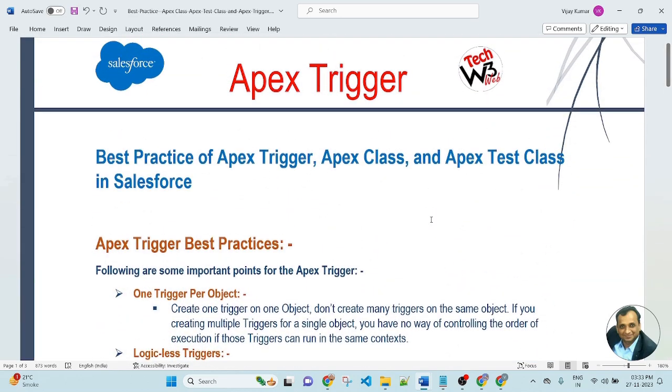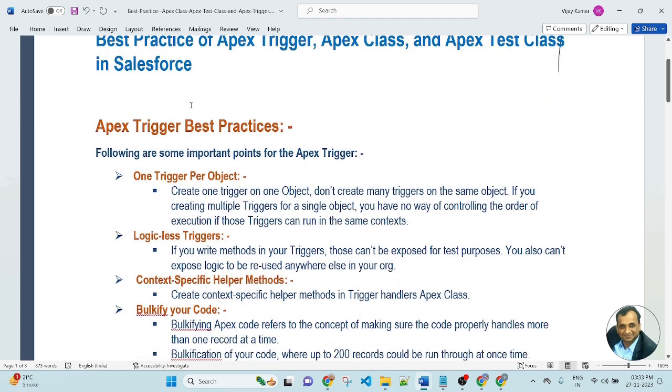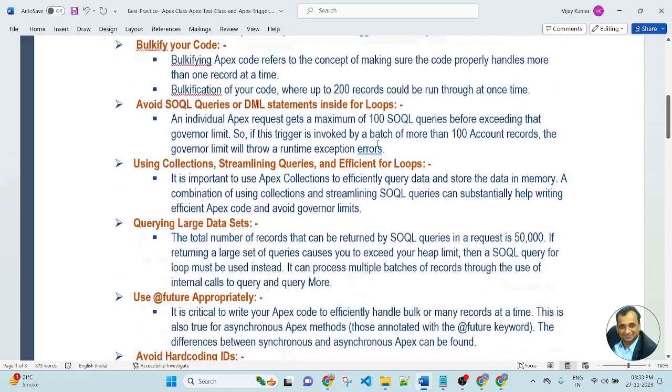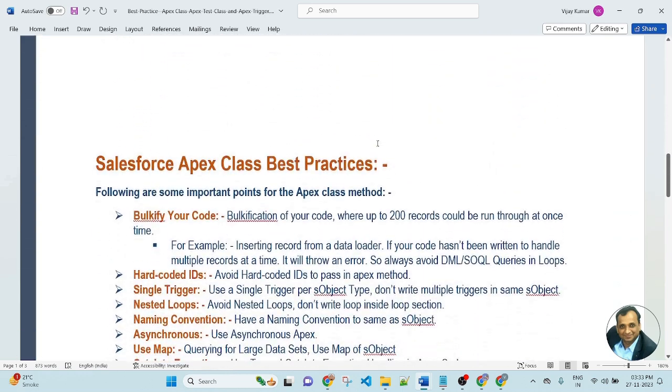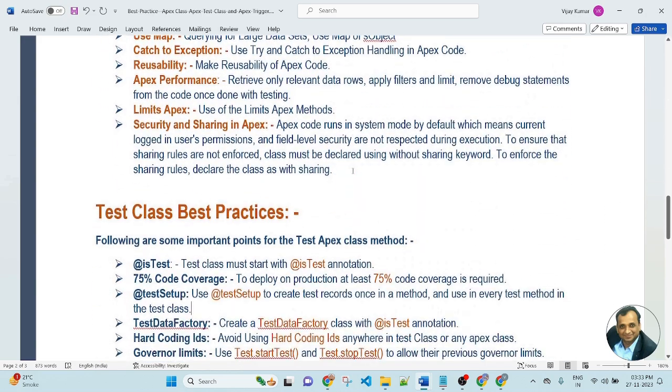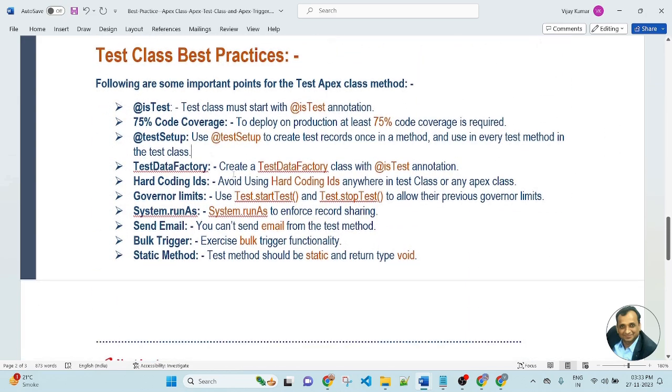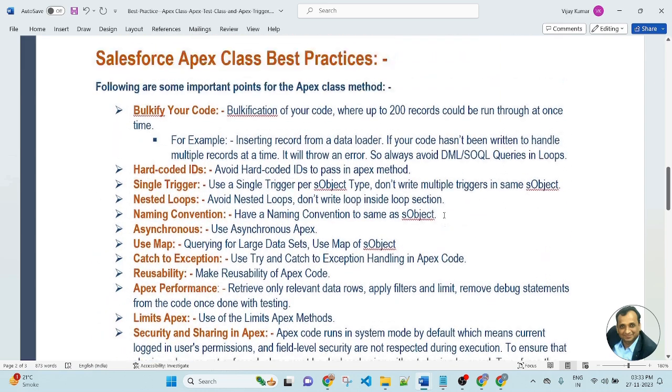So friends, in this lesson we have covered the best practices of Apex trigger, Apex class and Apex test class in Salesforce. First we covered Apex trigger best practice, then Salesforce Apex class best practice, then test class best practice. These are the important points.